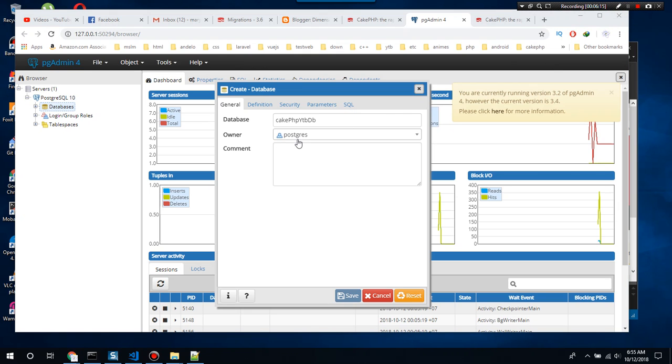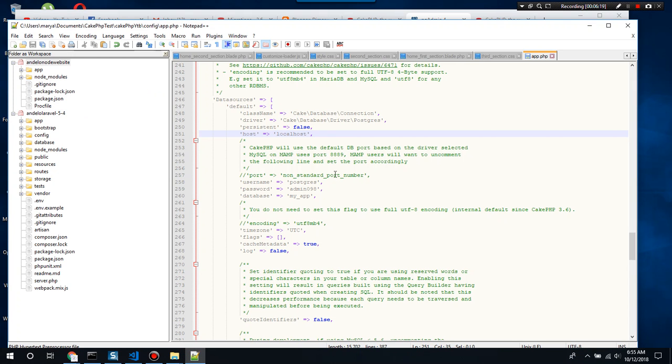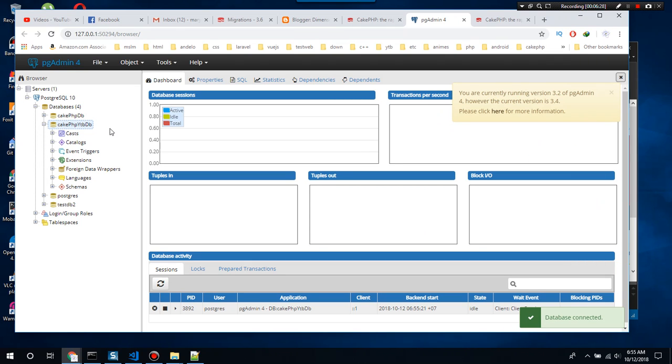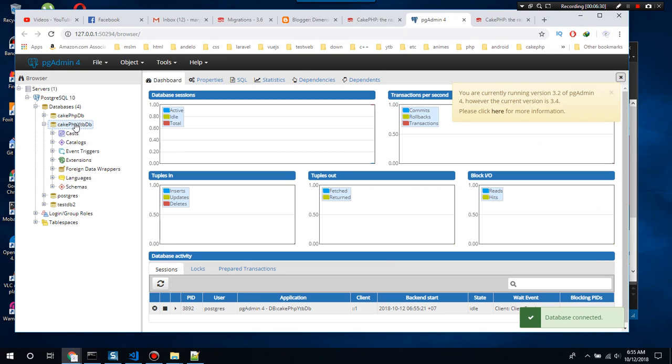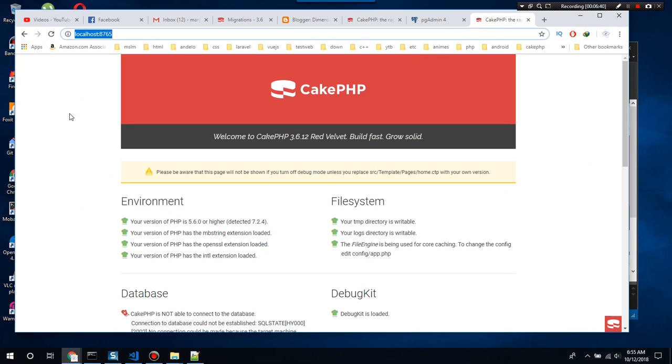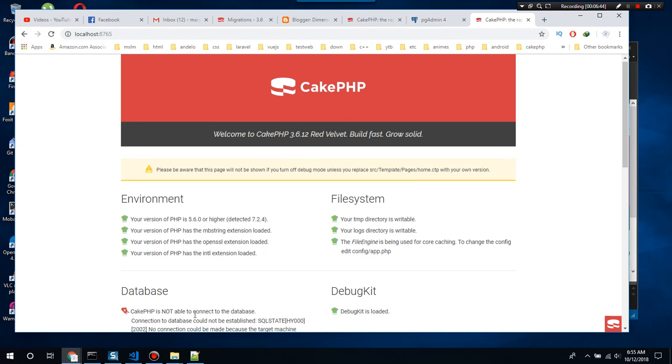You can see here the owner is postgres. So when we want to connect to it, we need to use that postgres username. Okay, so this is our database, cakephp_youtube_db. So just put it here and then save, and then we can go back to our CakePHP application and refresh.